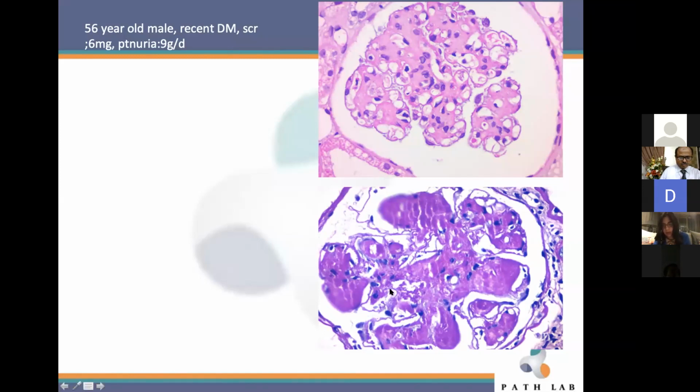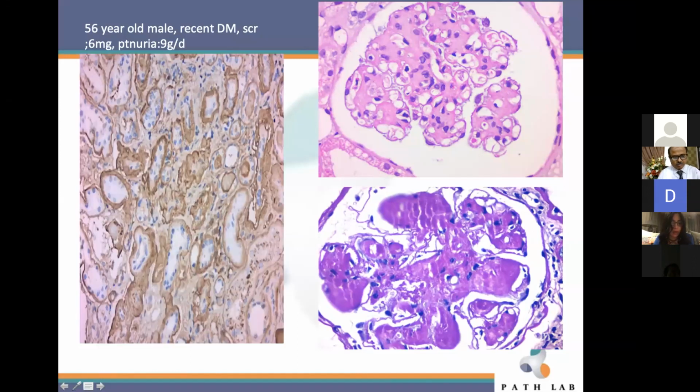Although some of his glomeruli showed these PAS-positive deposits, which were odd, and sure enough, his kappa was very nicely stained all over his tubular basement membranes and his GBM. So actually, this patient did not have any diabetic glomerular sclerosis. He only had MIDD, and he would have been missed as diabetic glomerular sclerosis, mainly because of the wrong info they had written at that time.